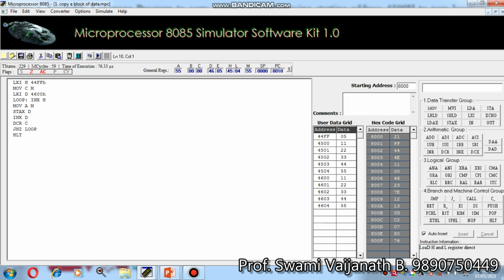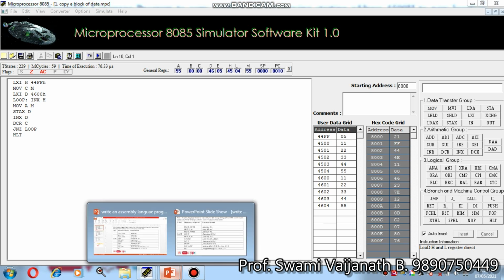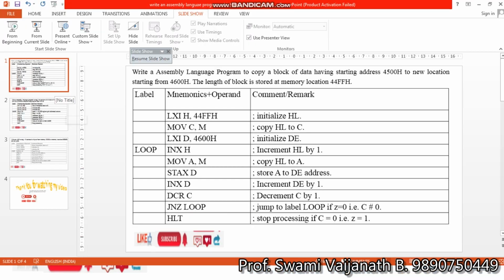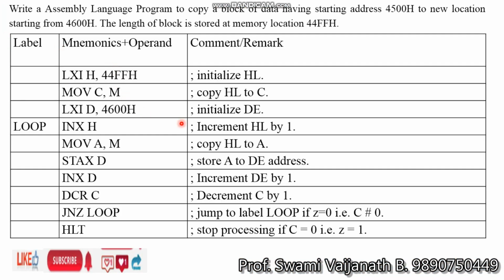By executing this instruction, the flags affected are seen here: S equals 0, Z equals 1, auxiliary carry equals 1, parity equals 0, and carry equals 0. Then in the exam you only write the instruction with its mnemonic and operand, label and comment, as seen in your presentation.